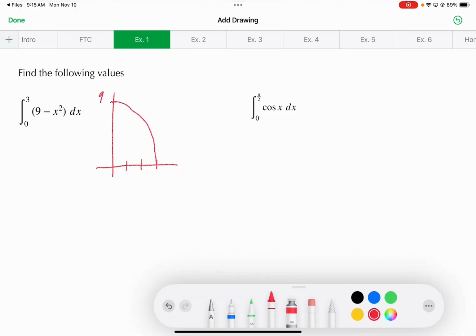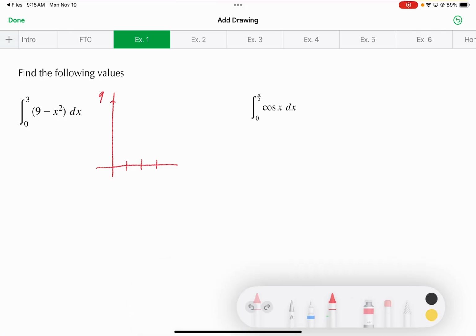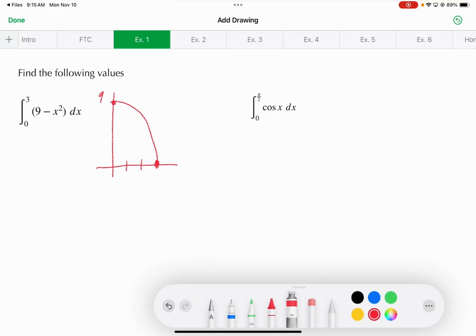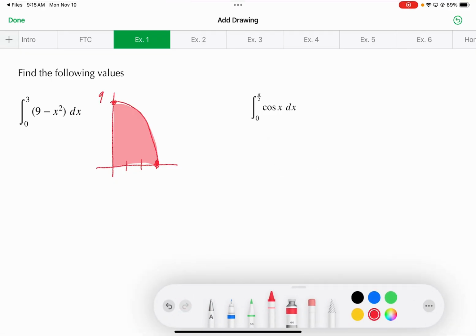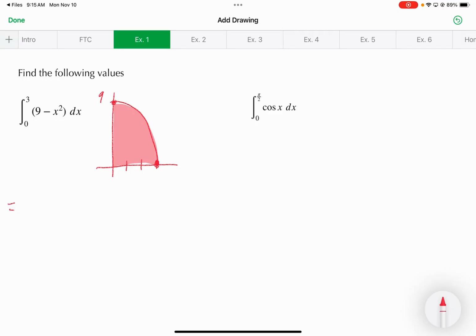Something like this, okay? And I don't have a formula for the area of that parabola, okay? So instead, let's use the fundamental theorem of calculus to actually evaluate our definite integral. All right, so we take the antiderivative of each piece, which would give me